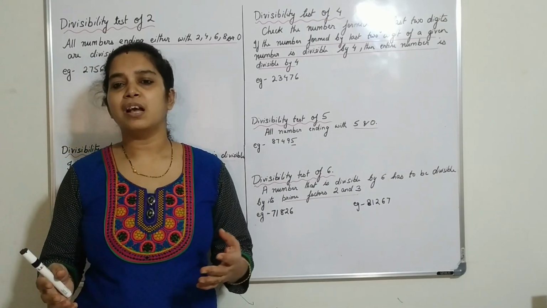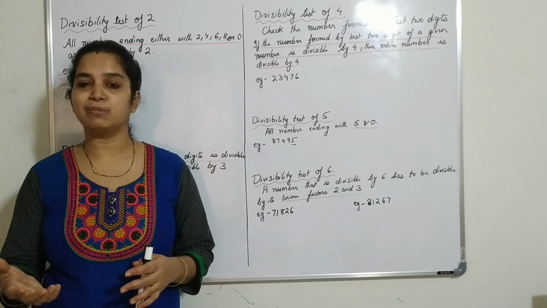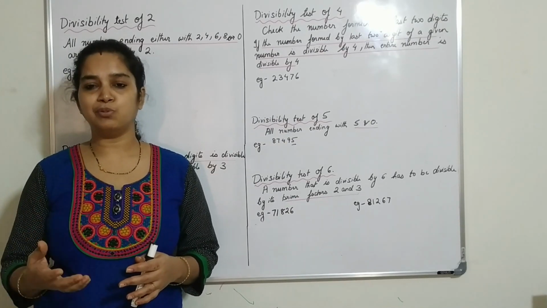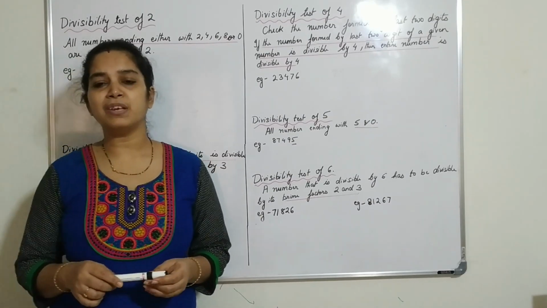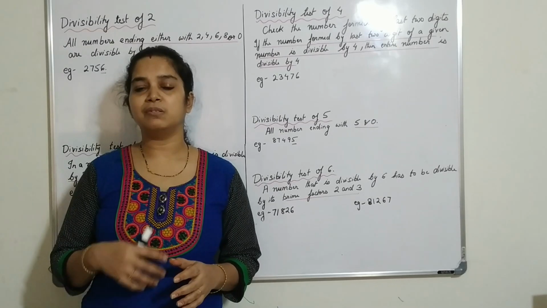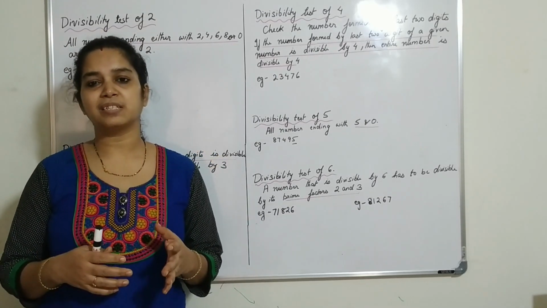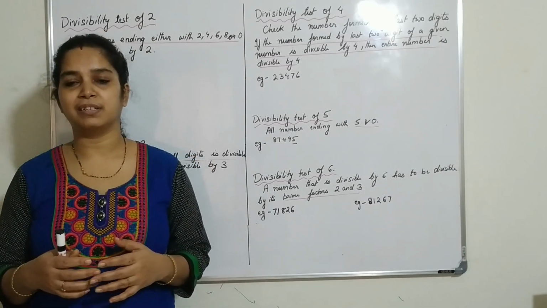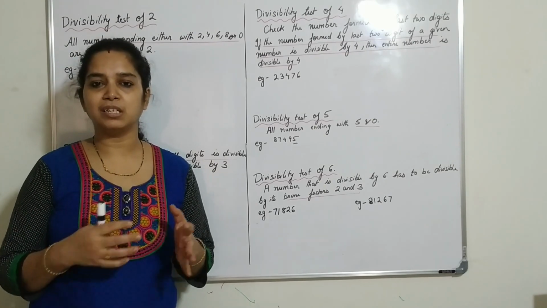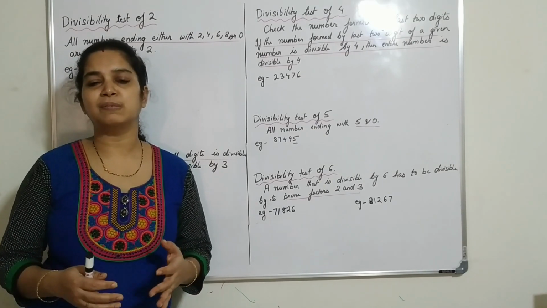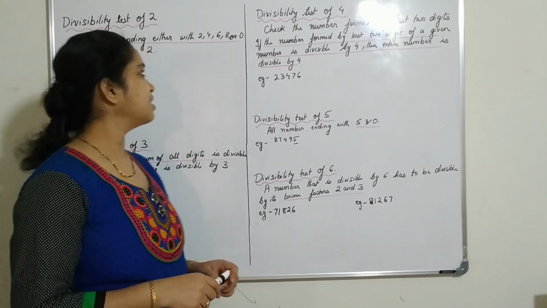It is not always easy to divide a long number and see whether it's divisible by a certain number or not. But if you know certain divisibility tricks, then you are able to do so. Today we are going to study the divisibility of 2, 3, 4, 5, 6, 7, 8, 9 and 11. So let's start. If we learn the divisibility tests, our process will be much simpler and we will spend very little time doing it.